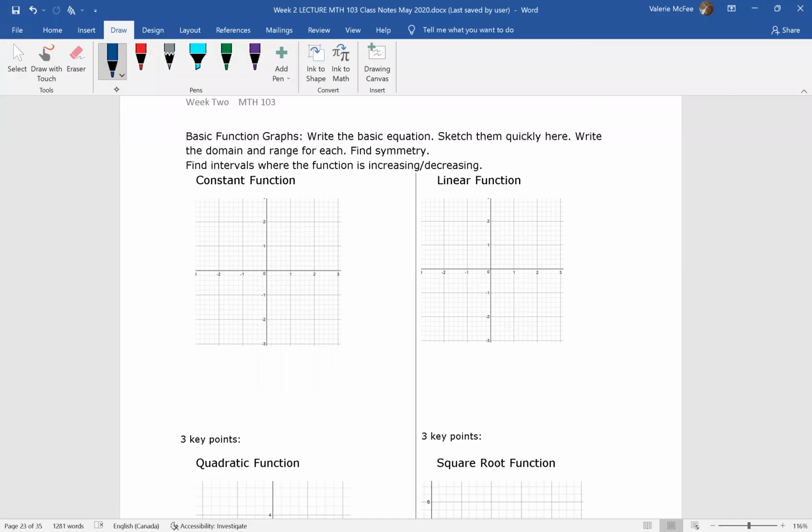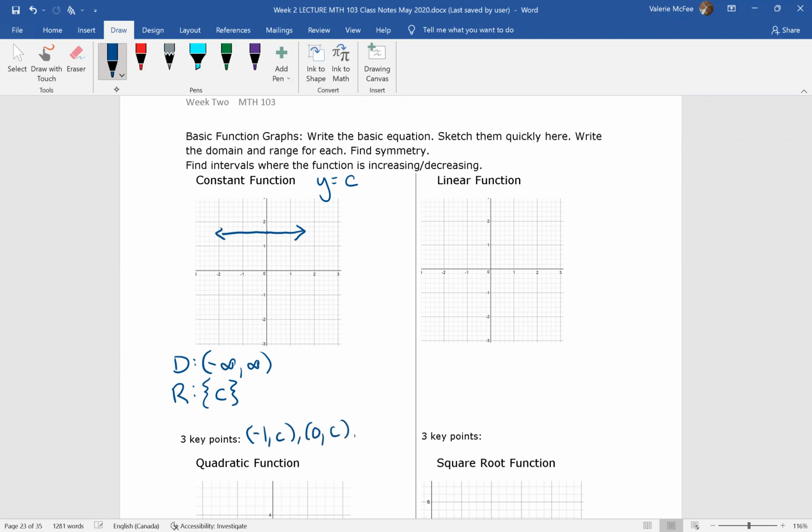You'll see that the next 2 pages of your notes is just a quick place for review. I'm asking you to write the basic equation. So for example, for our constant function, y = c, where c is any real number, I'm asking you to do a quick sketch. So if we say that this is c, here would be the graph of our function. I want you to find the domain and the range. Well, we know the domain is the set of all real numbers, and the range in this case is only c. 3 key points. We usually let x = -1,